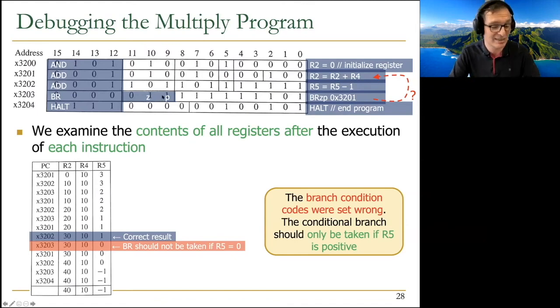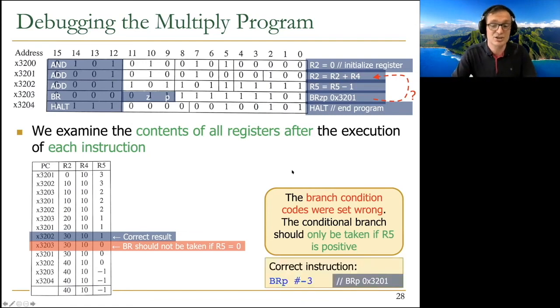We should not be checking the 0 condition over here, because that is a boundary condition in which the program leads to one more iteration, which it should not execute, right? So the correct instruction should have been BRP as opposed to BRZP, right? So you can actually find the problems by